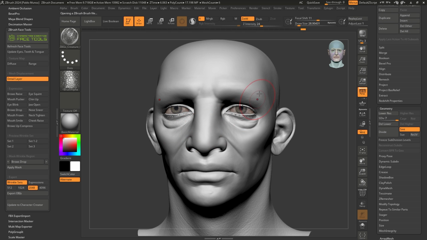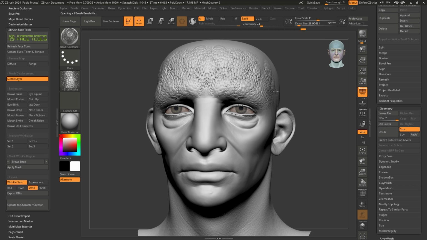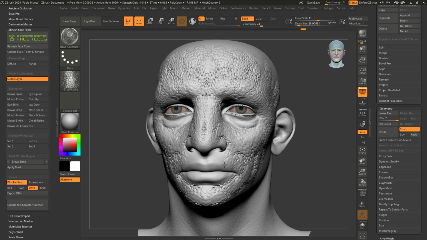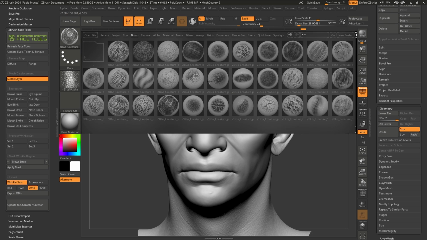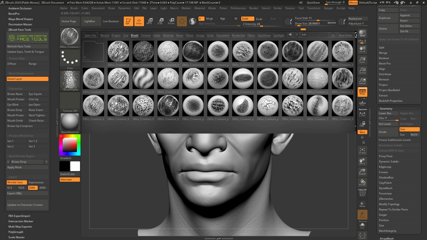This one is pretty cool. You just add some sort of scales, so we can make a reptilian type of creature. But the difference between these brushes and some alphas that you might find online is that you can guide or give this directionality. You can guide the flow of this. And obviously this is not great, but I just want to show you that you can totally go ahead and do that. Use these brushes to generate something completely different.